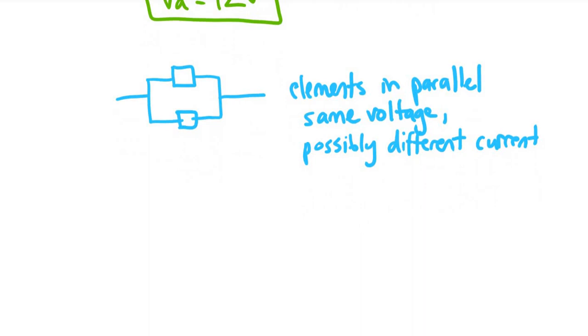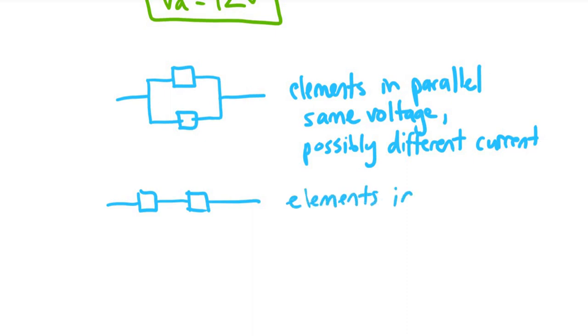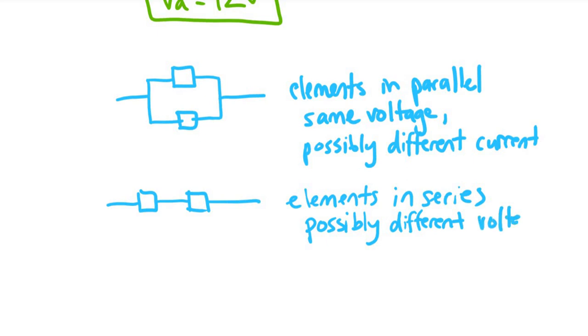Conversely, when we have elements in series, they've got possibly different voltage, and really it's probably different voltage, but it's possible that our elements could possibly have the same voltage too. So I'll continue using the language of possibly different voltage, but these elements have the same current,